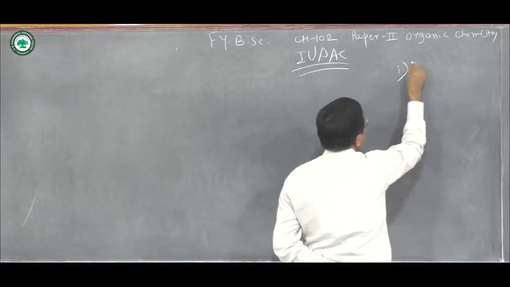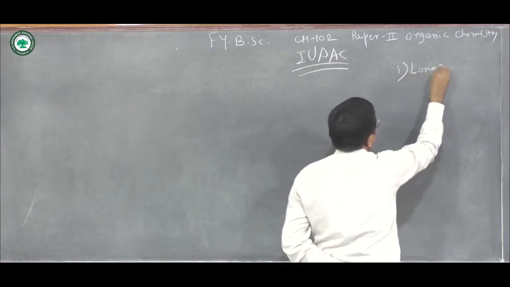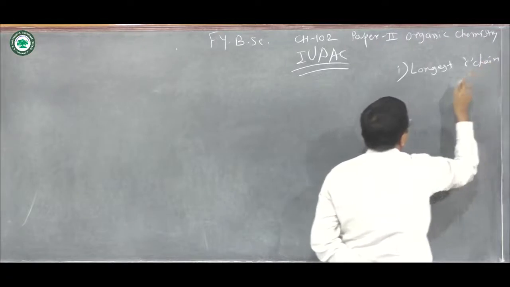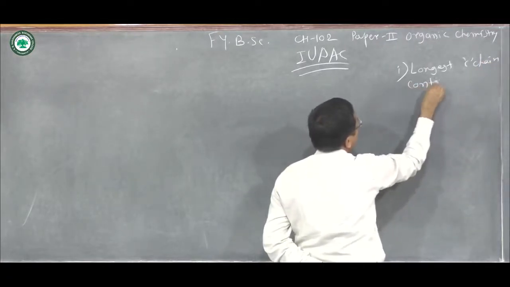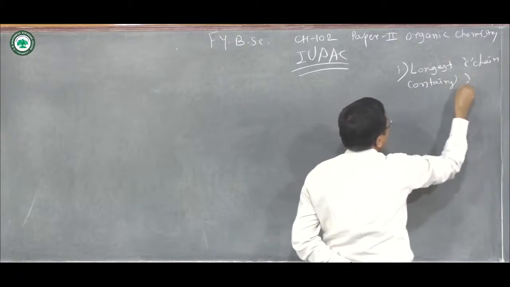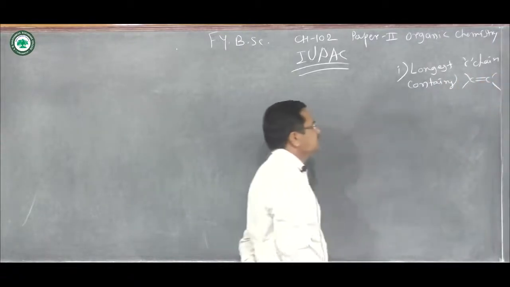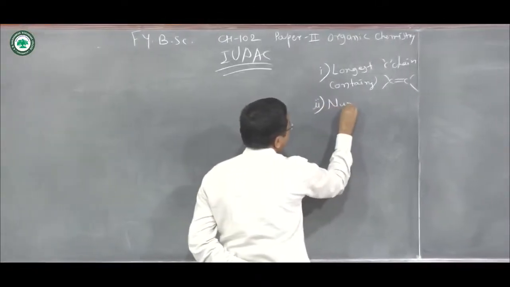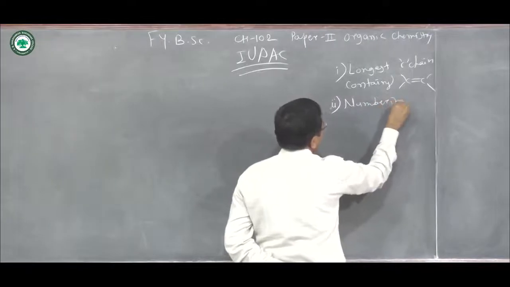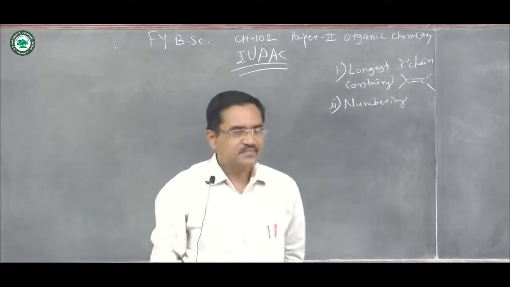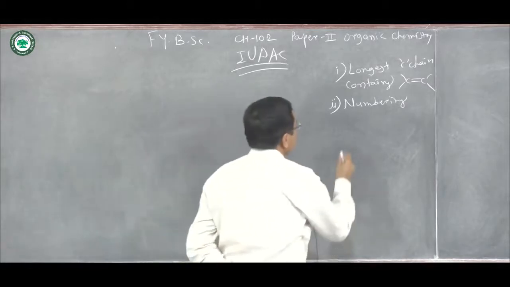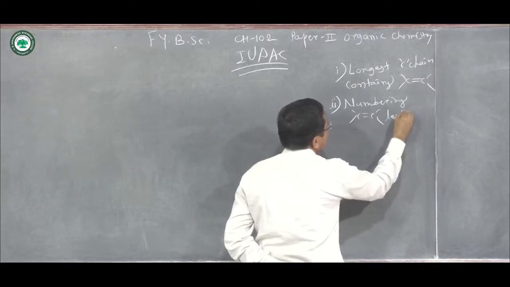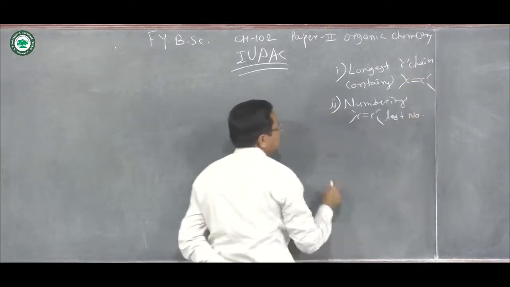First of all, finding the longest carbon chain containing carbon-carbon double bond. Then second, numbering. The condition is that the carbon-carbon double bond having the least number. Then third one,